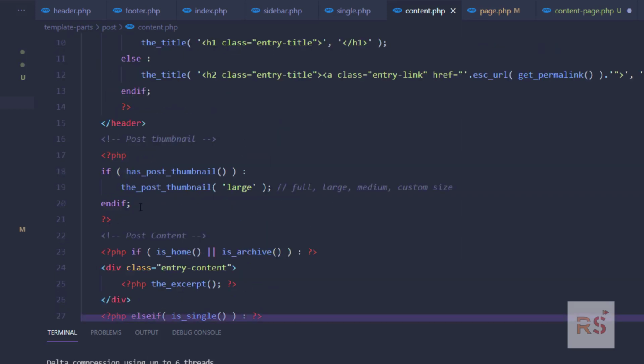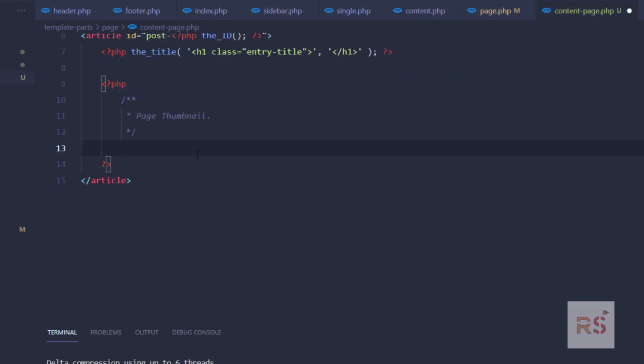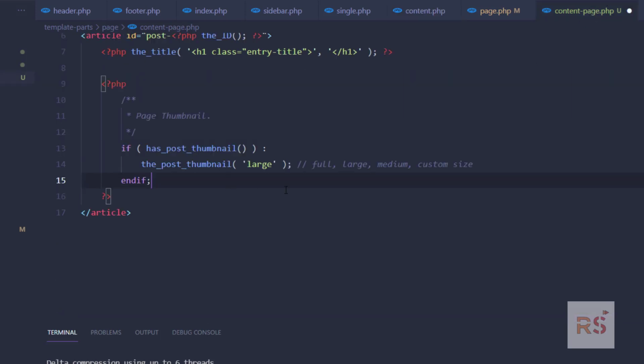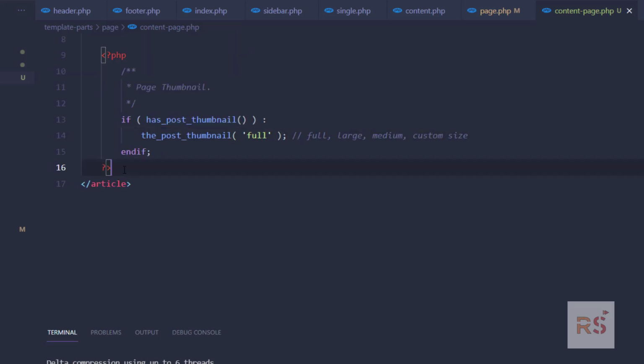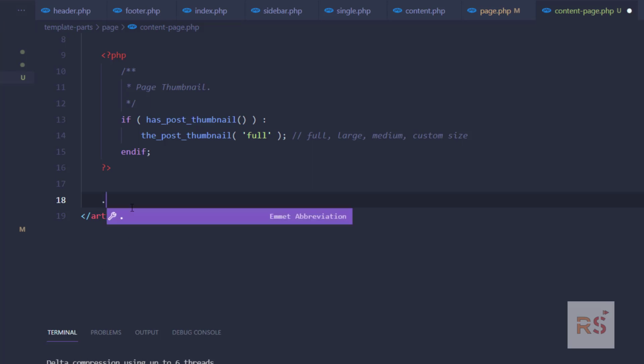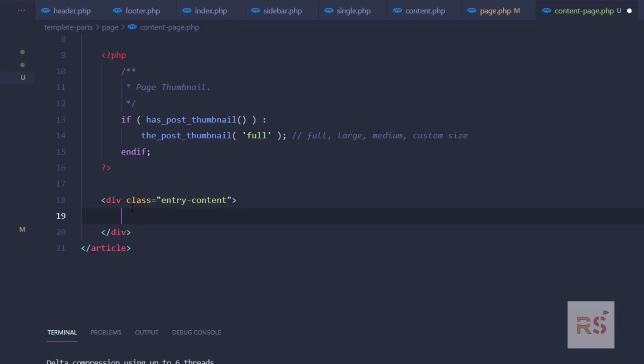Okay, this one. So we just copy this and paste it here. So here we can use the full image if we want to have the larger image. Now for the content part, let's add some DOM here, and here we'll have the content function